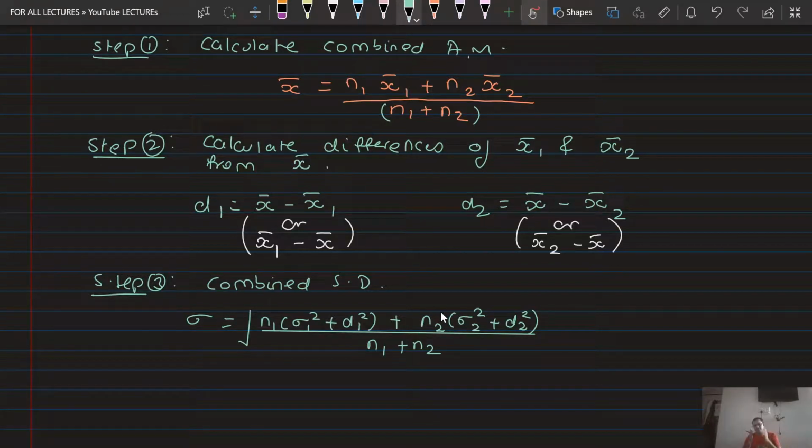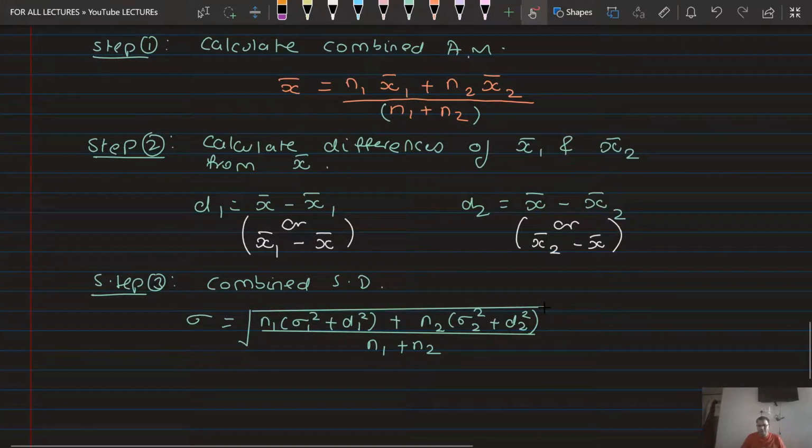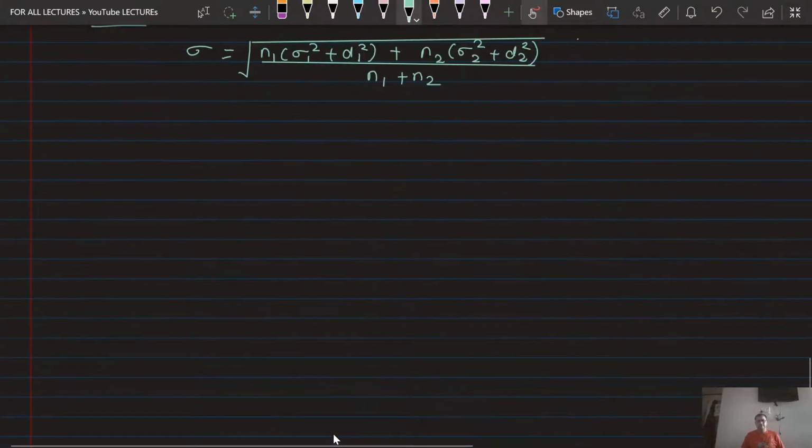See, the terms are same. Only depending on which group you are doing the calculation, you have to apply that corresponding numbers. That's it. Very easy to remember it like that. N sigma square d square, n sigma square d square, n sigma square d square. That's it. Okay. If there is any third group, so you can again apply the same thing. N3 into sigma square 3 plus d3 square, just in case it is given. But if it is not given, we don't have to worry about that. Did you understand this? Okay. So now let us see the formula's application in the example.